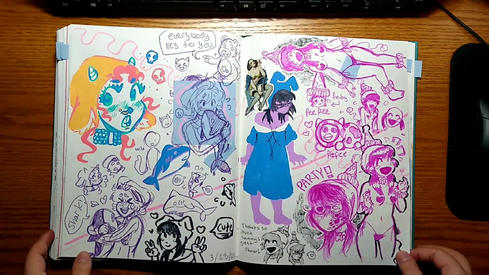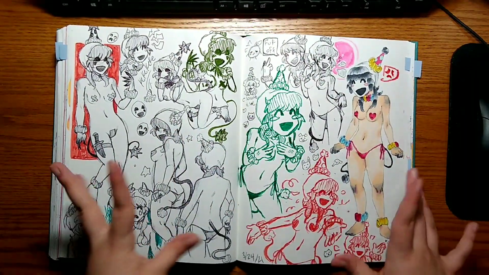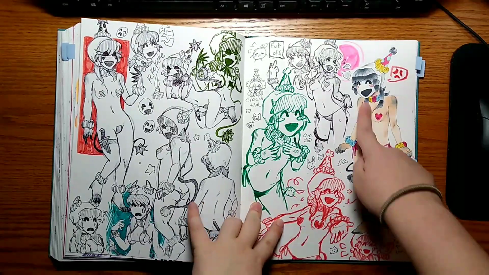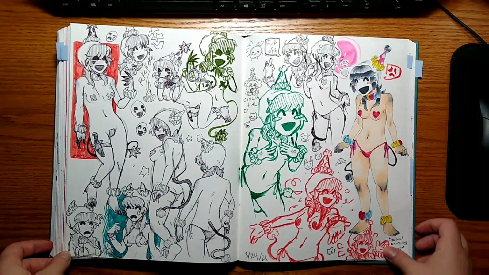I like the aesthetic of this page. I really like this drawing. And then I drew a fuck ton more of her. Her name's Sammy. And I love her. She works at a circus. She's a performer. Anyway,